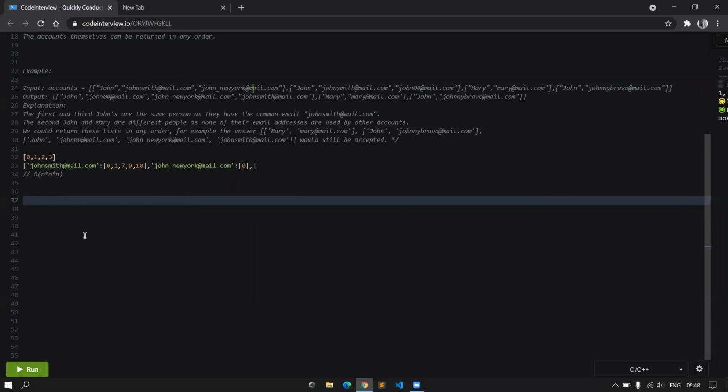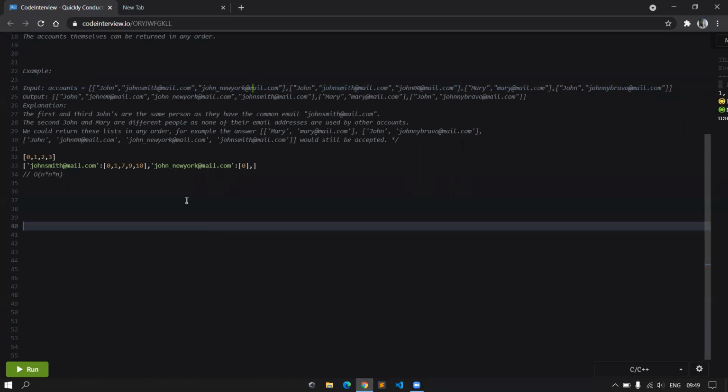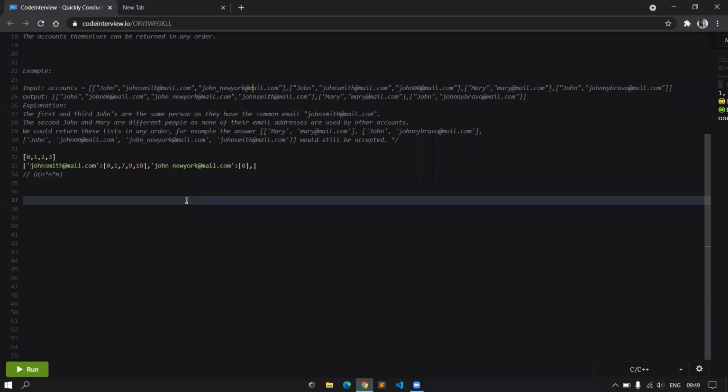So now I think we just need to find each of the individual connected components in the graph. Since these two would be common by some of the nodes, even this node would be visited, and after we visit the first John, when we come to the second John, we'll see that all the nodes of this particular John are already visited. Wait a minute, this is why we wouldn't have visited John 00. That's not in the first one. Yeah, it actually does not matter since we are having a bidirectional edge. Okay, so let's see.